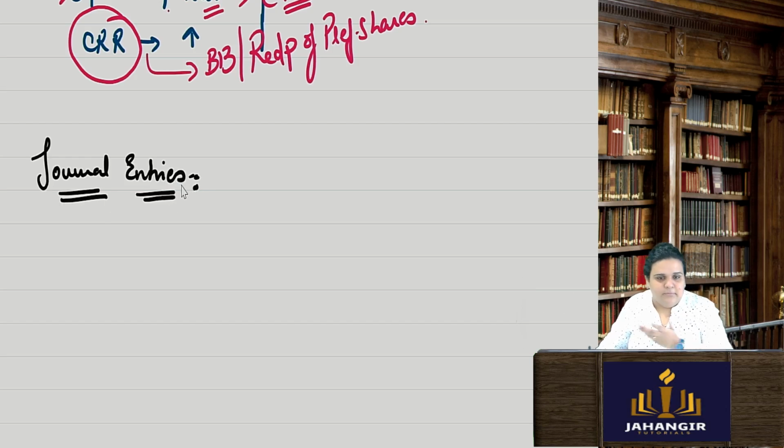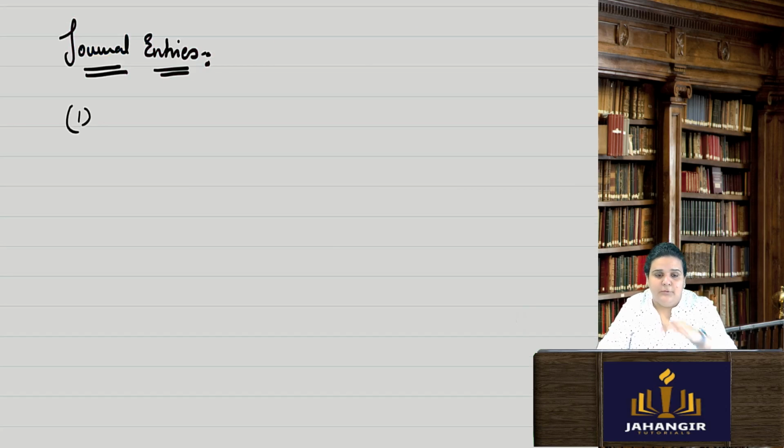4 to 5 maximum. Okay, other additional journal entries in case they may be there. Now, say suppose I'm doing Aman Limited only. For the purpose of having cash in the business so that they can do a buyback, companies generally sell their investments, the investments which they have kept, so that the cash comes in. So you can have certain additional journal entries. Otherwise, there are these 4 journal entries.